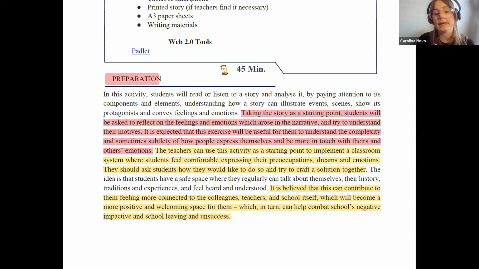Because if they are able to talk with each other about what they feel about school, what they don't like about school, or what they would like to have in school, maybe that can have an impact in eliminating or minimizing negative feelings about school. And that's our goal as well. We want them to feel better about school. So I thought that we could connect these two things here. So first look at the story and see what the characters are feeling, and then reflect, how do we feel, how can we express that. So it's a two-part activity.